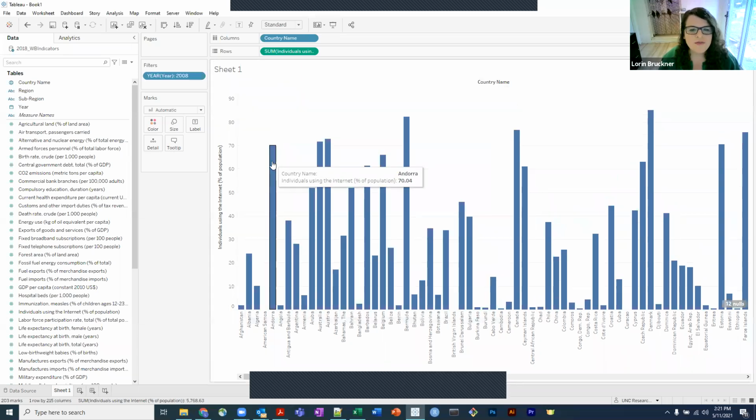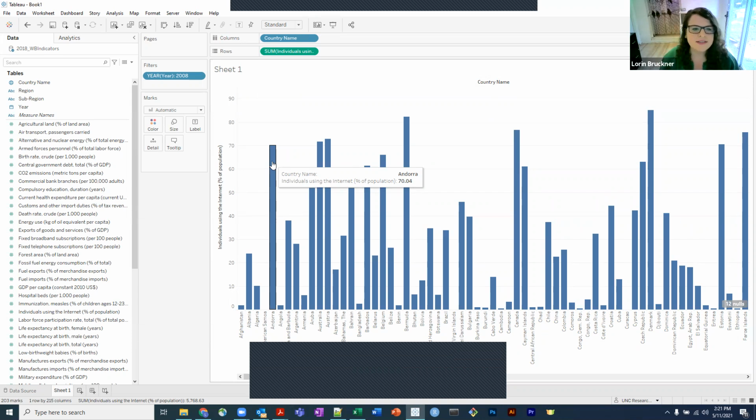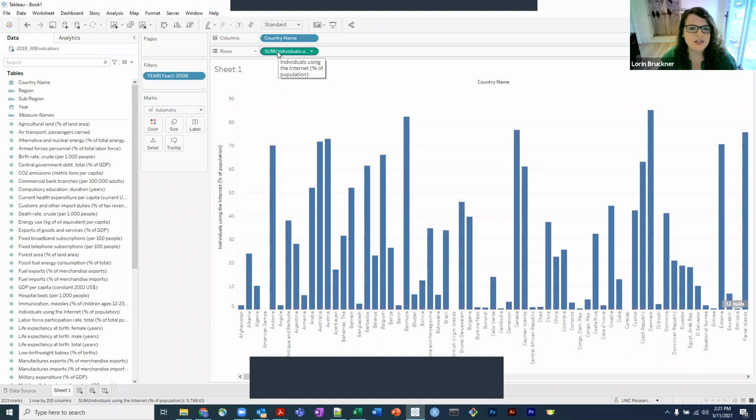Right? So now if I look at the 2008 data for Andorra, it says 70.04% of the population is using the internet in 2008, which makes a lot more sense. You'll notice, however, that in my rows, this pill still says SUM, okay? It's always going to say SUM. It's always going to try and aggregate all of my data in some way and let me know how that aggregation would go if I were to have multiple rows that I was bringing together, even though that's no longer